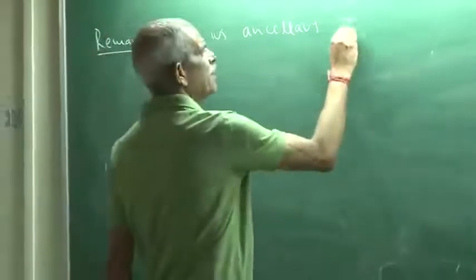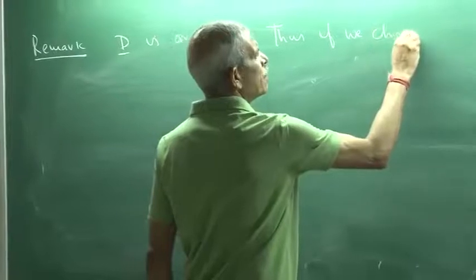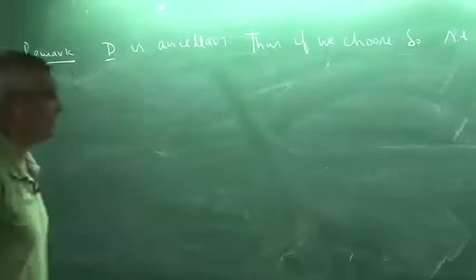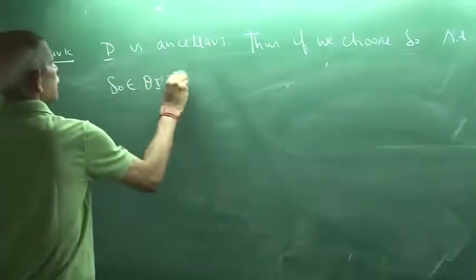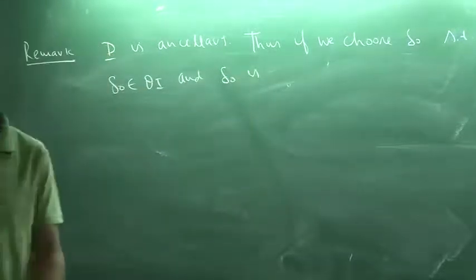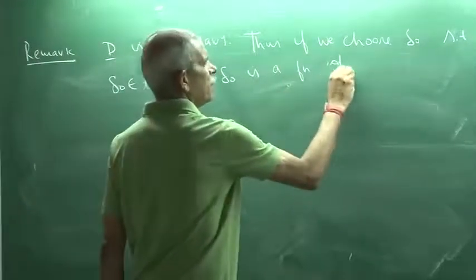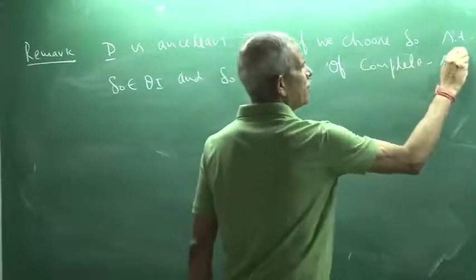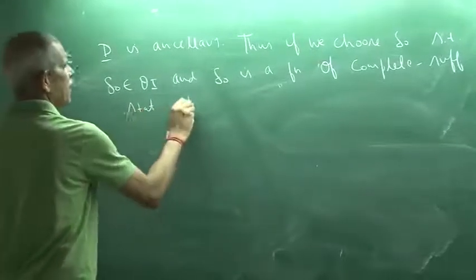Thus, if we choose delta naught such that this delta naught is invariant and delta naught is a function of a complete sufficient statistic, then